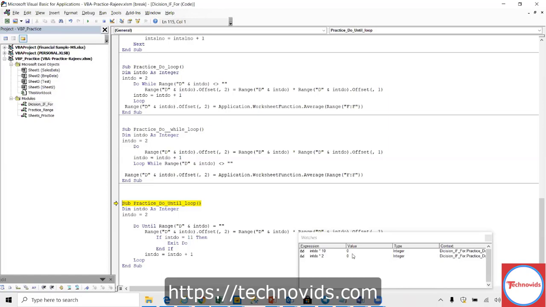Okay, initialized, right? I have declared the variable. So now F8, right? Now it's increasing, right? So let's add a watch point here and let us run this. So now it is out of context because it is not having any value. The memory is released now.